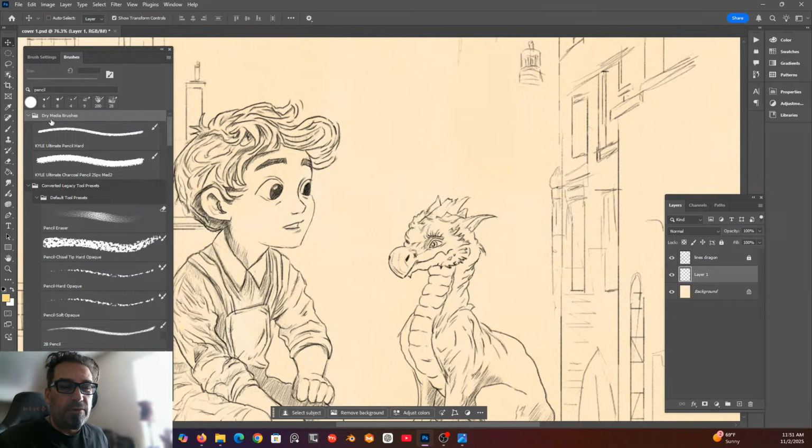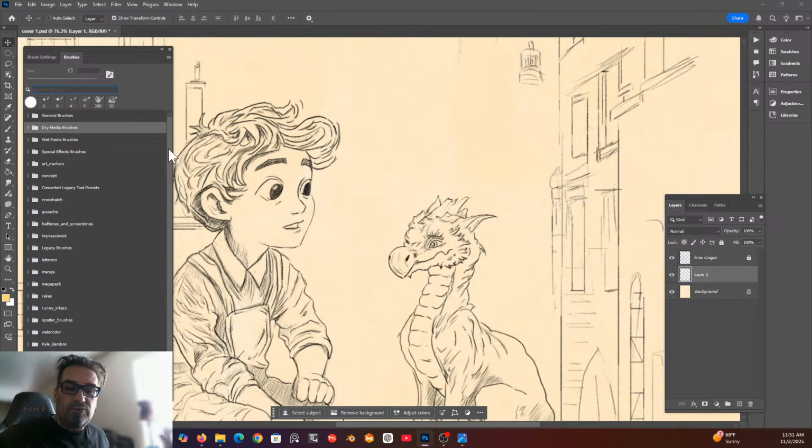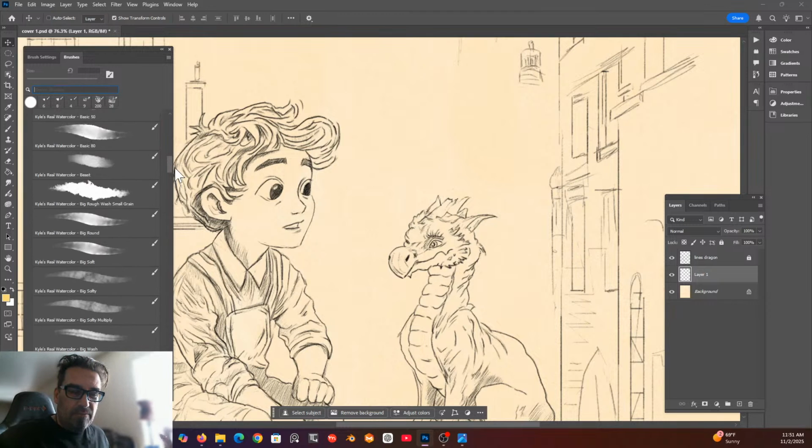Close up our folders if it will let me. Oh, I still have pencil written in there, that's why. It's doing a search. So we close up all these by holding control. Come down here to my watercolor. These are the Kyle's watercolors, and I'm just gonna pick like a